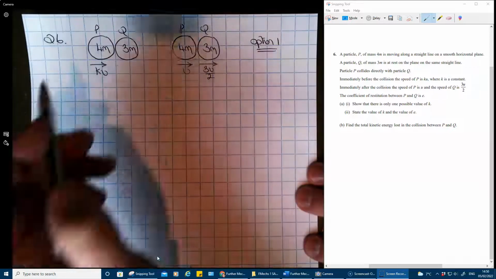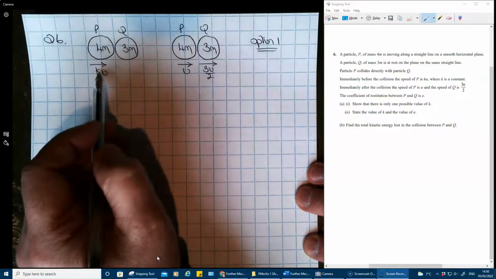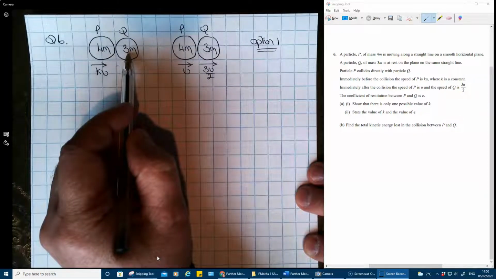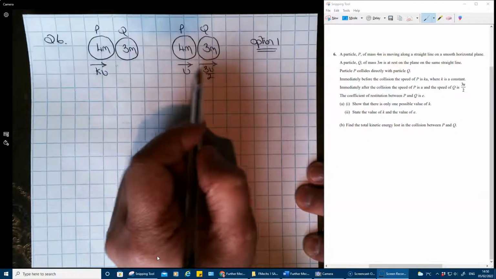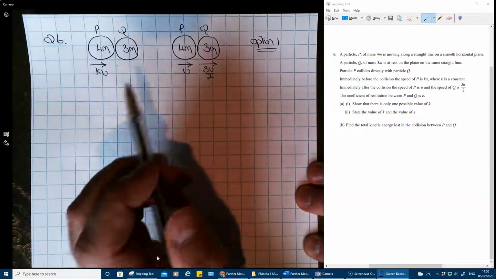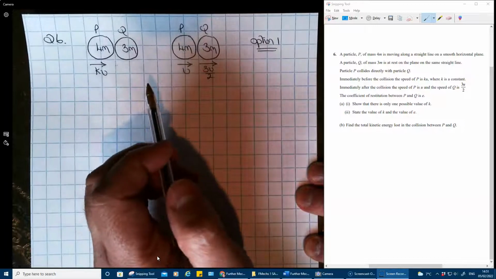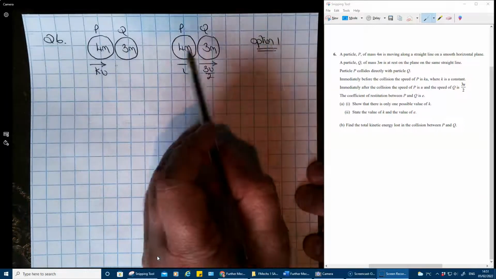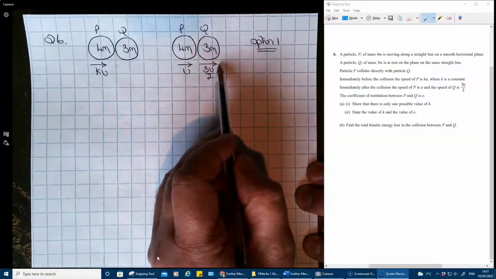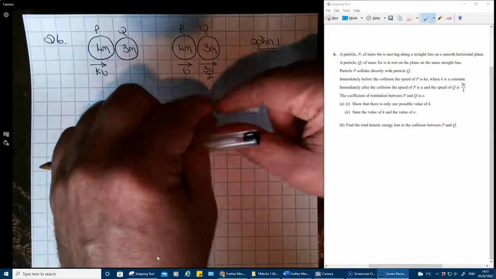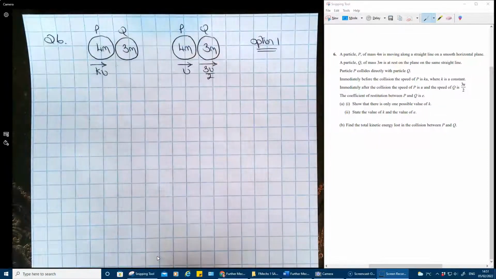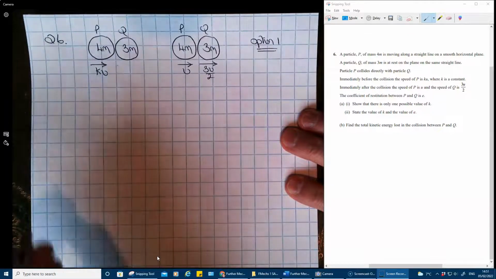Okay, so we've got this scenario. This is coming in with a speed of ku. This is stationary. Afterwards, we're told the two speeds, but we're not told the directions. So we've actually got two options. They can either both carry on in the same direction, or, in a moment, we'll look at option 2 where they bounce off each other. So looking at option 1,